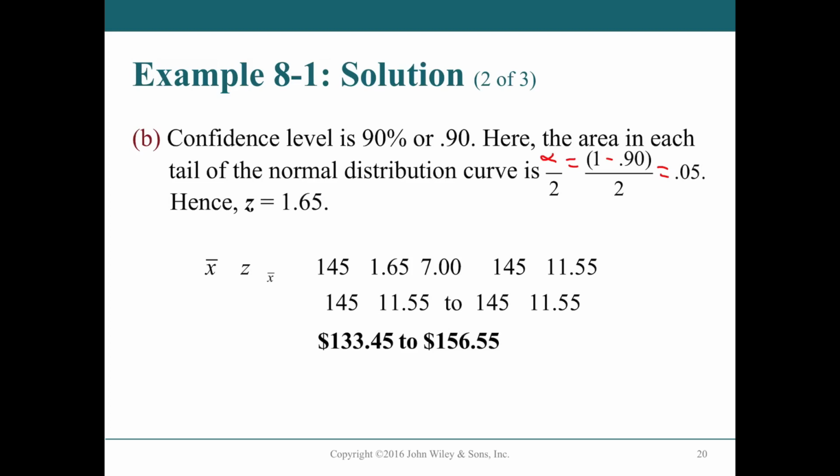Let's see how they apply that. So alpha over 2 is equal to 1 minus 0.90 over 2, which is 0.05, which if you look up in the table, you would find, especially if you looked on the left side of the table, you'd find your minus version. On the high side of the table at 0.95, you get the plus version. So really, we kind of bundle them together. And notice the formula already has the plus and minus built in, so that's not so much of an issue. And so we do have 145 plus and minus 11.55. How did they get that?